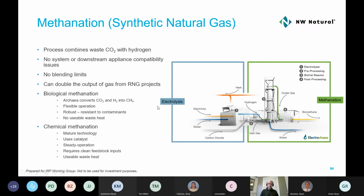Next slide. We talked a lot about methanation today. I'm sure some of you have some questions as to what the heck that actually is. So basically, it's just taking hydrogen and combining that with CO2, carbon dioxide, to make CH4. And the nice thing about that is you don't have any blending issues. Right now, we feel we can blend about 20% hydrogen into our existing natural gas system. But with synthetic methane or methanated hydrogen, there are no blending limits. So you can make a massive amount of hydrogen and combine that with carbon dioxide and use your existing distribution